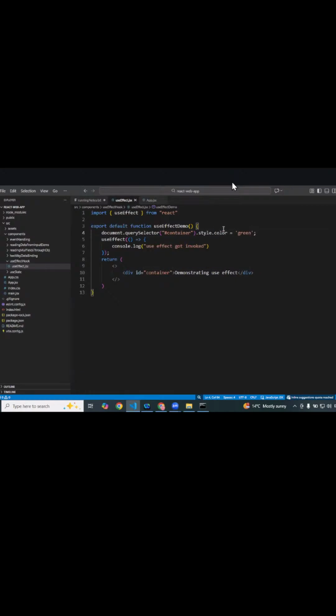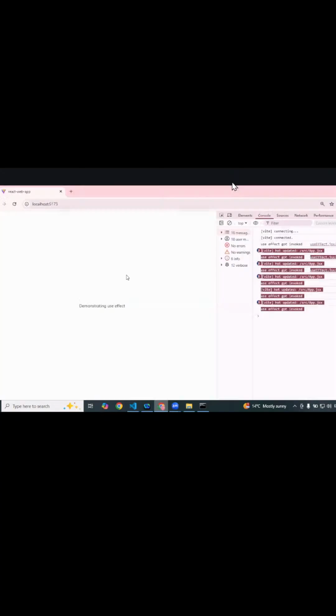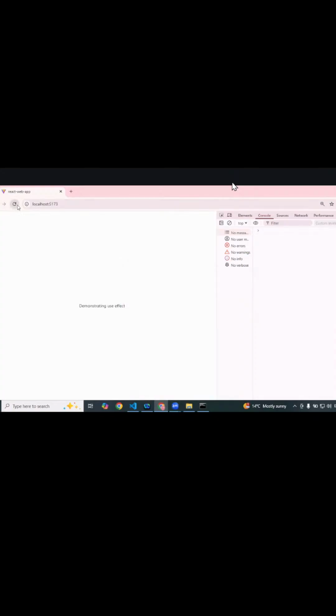This is what I have given. Okay, now let us save this, come back, inspect, and reload. Is it getting affected? It says